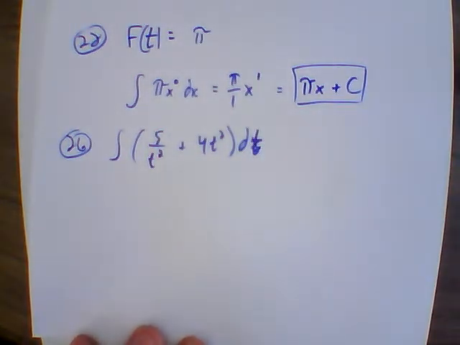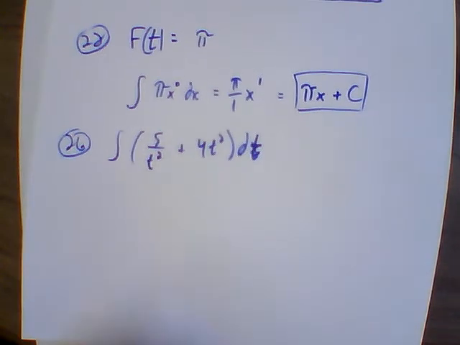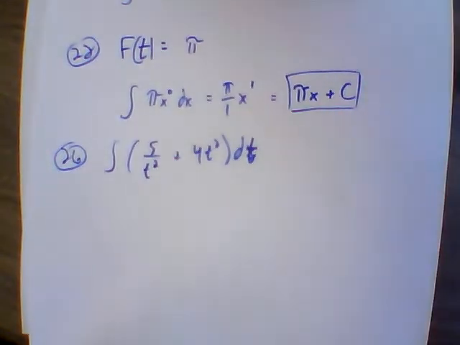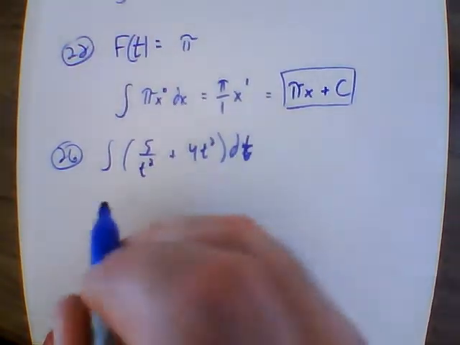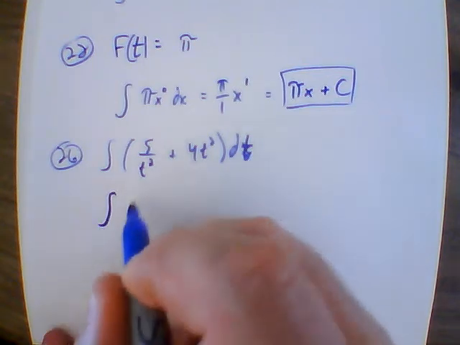So we've got t as our variable. Now, if we remember back to the properties of derivatives, if we have a sum, we can do the parts separately and then add them. So we're going to do the same thing here. I'm going to break this apart and simplify it, an easier way to think about this as we go through. So we're going to take the integral of